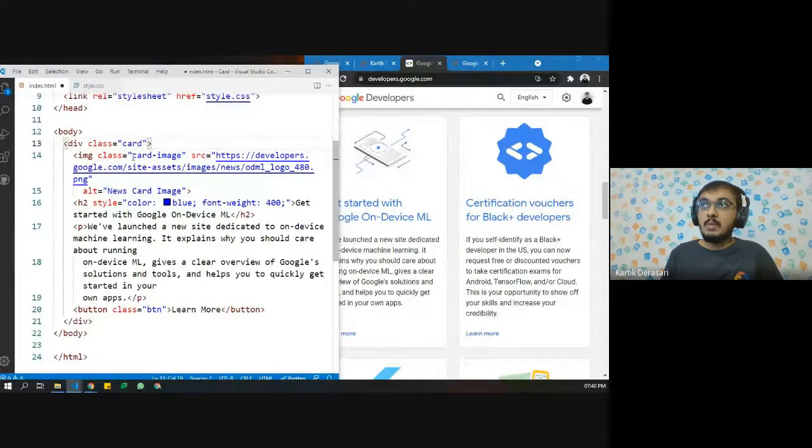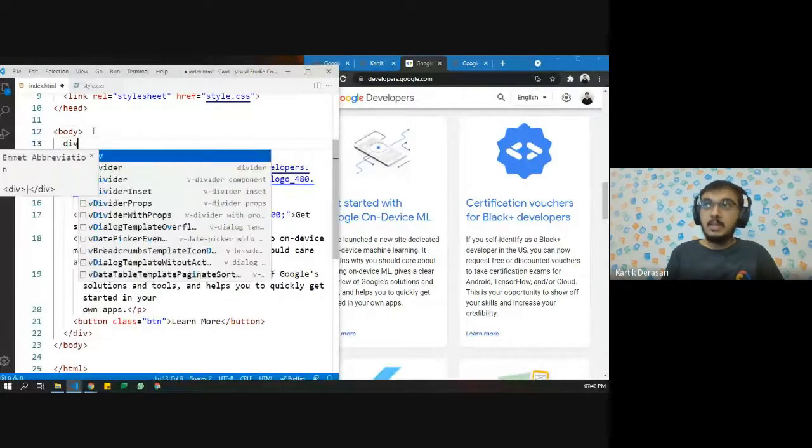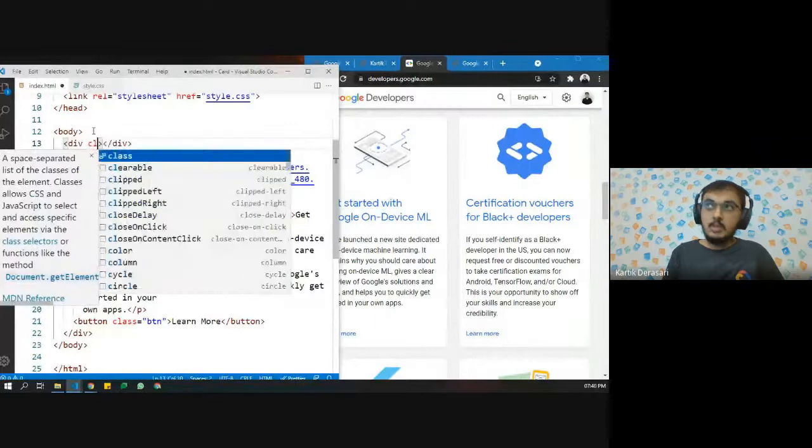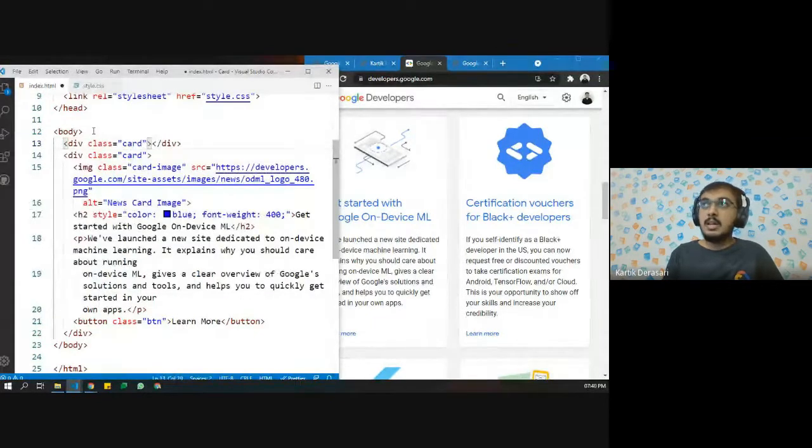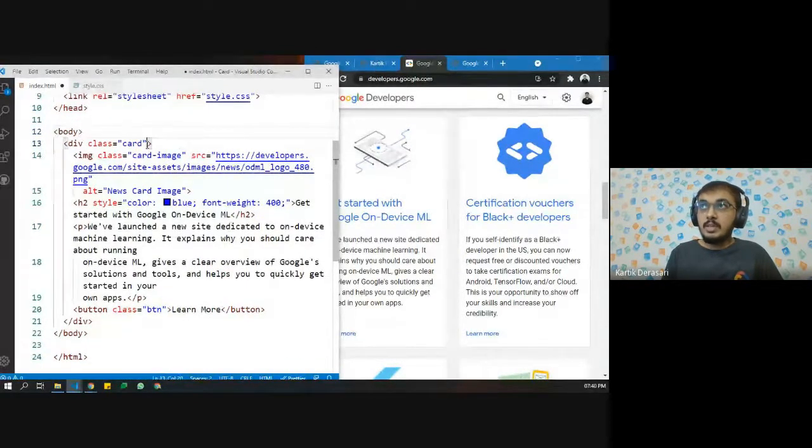For an example, if I want to create another div and I also want the card class to be used over here, then this can be used. But if I define the ID over here, let's say ID equals news card, then I cannot use the same ID for any other element.